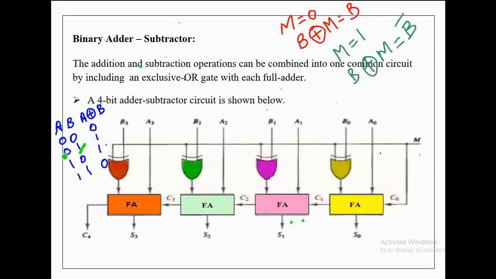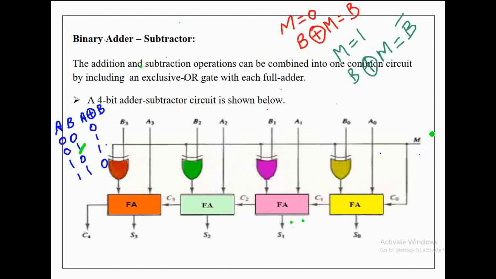That is, here if we take 0 and 1, since one of the bit values is equal to 1, the output of this XOR operation is equivalent to the complement of the another bit. Here another bit value is 0. So this XOR result is complement of this value. So similarly, even if we take this 1 0, since one of the bit values is 1, the result of this XOR operation is equivalent to the complement of the another bit, that is 0. The 0's complement is equal to 1. Like this,